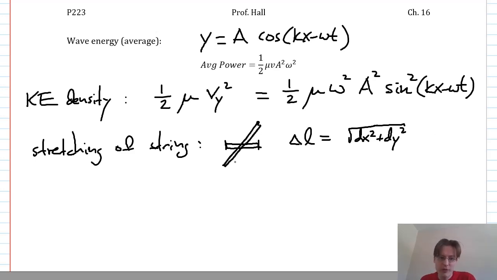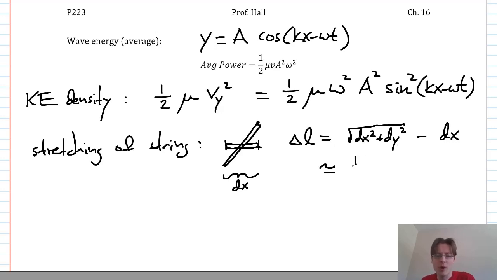That's the new length, the hypotenuse here, compared to the old length, which was just dx, how long it was originally along the x-axis. There's a reason I did the binomial approximation. This is screaming at us to use the binomial approximation to simplify the change in length. So this is approximately, I'll let you work it out using the binomial approximation,